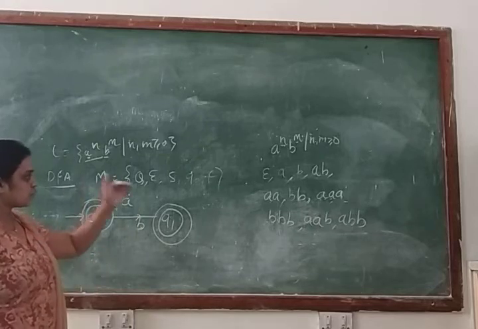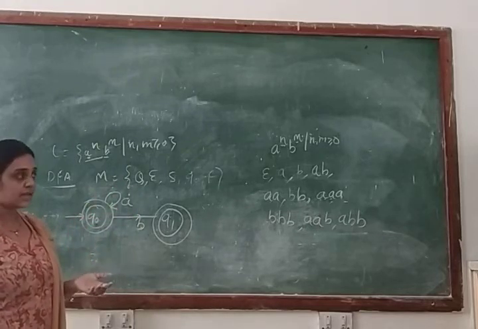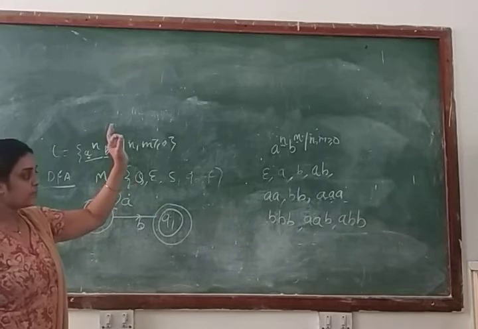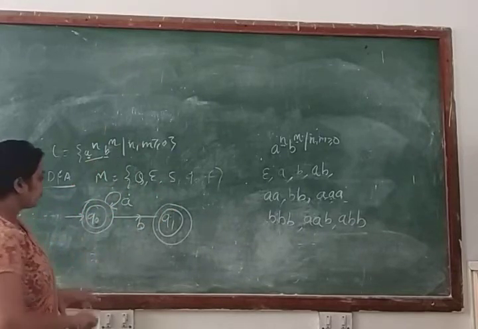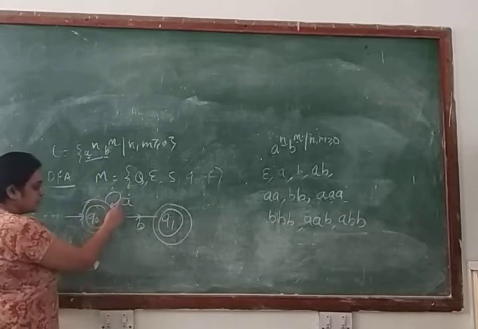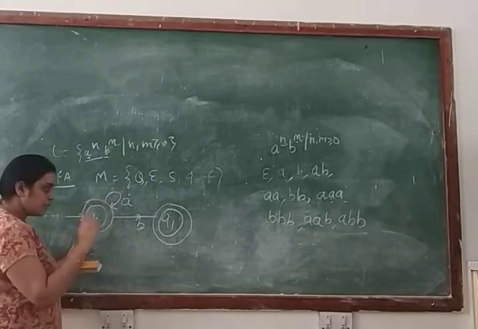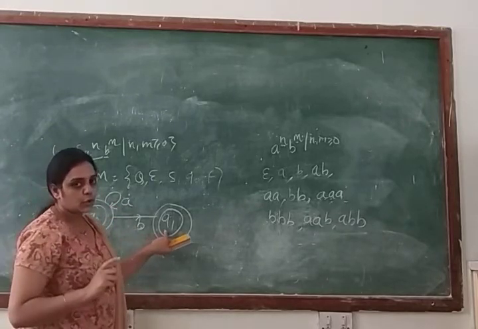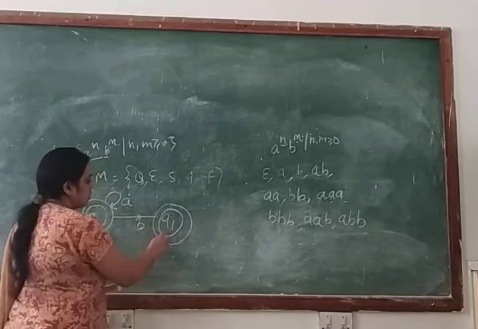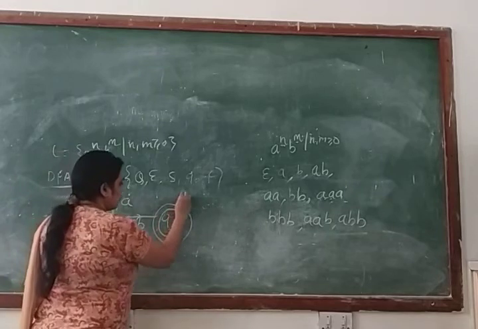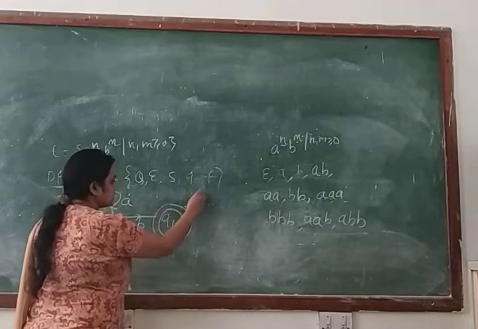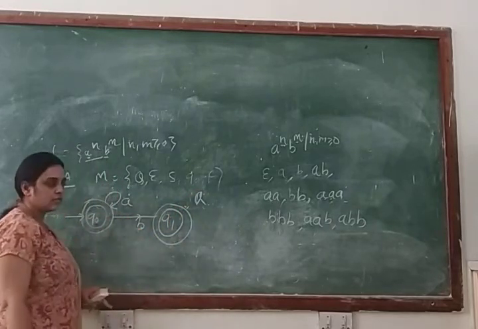So we have to convert your machine for the infinite length language, and your machine should accept every string which is generated from this language. Clear? So Q0 has a transition for A as well as for B. Now we will check for the Q1 state. So we will check for the input symbol A. Clear? If you are making a transition in the form of a self loop at this state Q1, then what will happen?